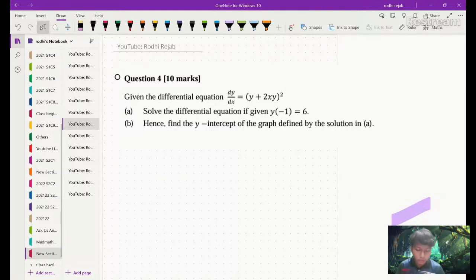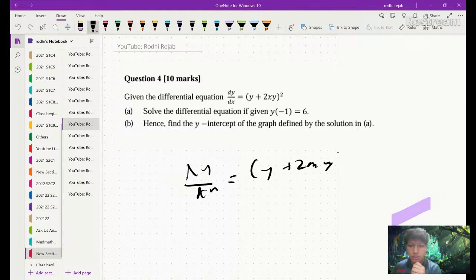Right, so ni soalan nombor 4. So kita ada equation, we have dy dx. So kita ada dy over dx is equal to y plus 2xy square. So kita kena pindahkan dx tu ke belah kanan and y and dy belah kiri. So we will get